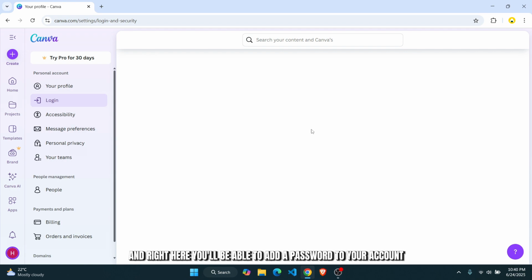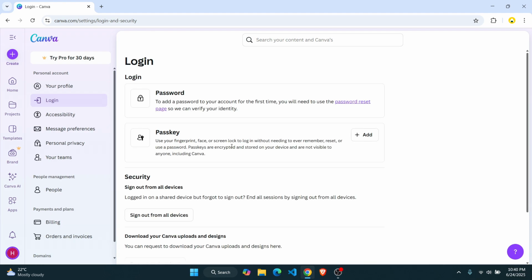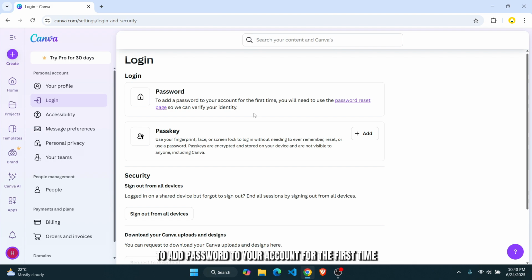And right here, you'll be able to add a password to your account. So as you guys can see here, to add a password to your account for the first time, you'll need to use the password reset page to verify your identity. So click on this link right here where it says password reset page, and a new page will appear on